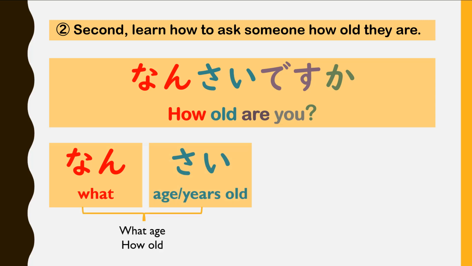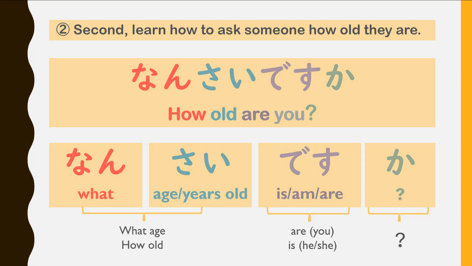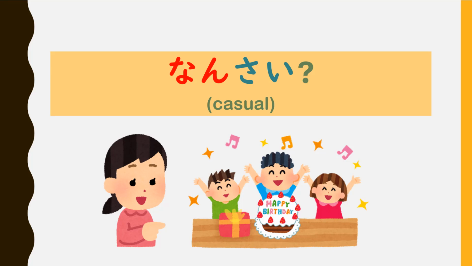何歳: nan means what, and sai is the counter for age. So, put together, nansai means what age, or in other words, how old. ですか: desu means is, am, are. Ka is a particle that goes at the end of a sentence to show that it's a question. 何歳ですか? In a casual situation, such as when young people are socializing together, you can shorten the question to 何歳